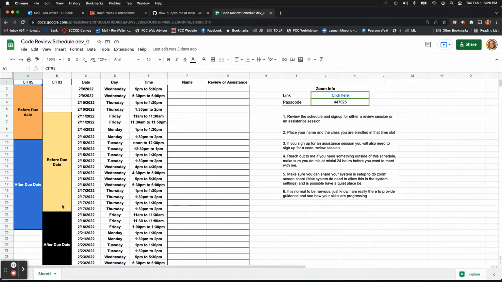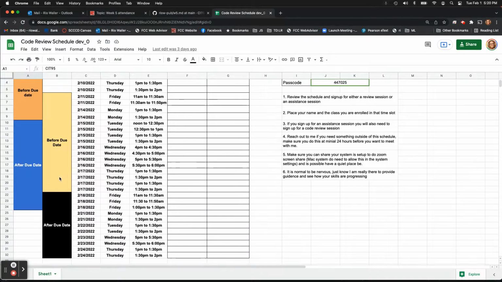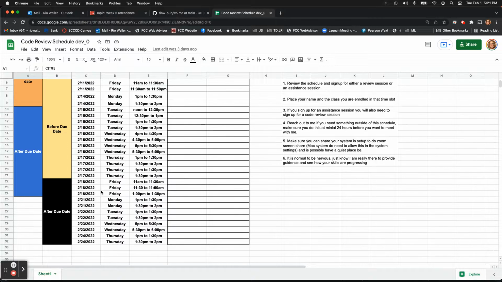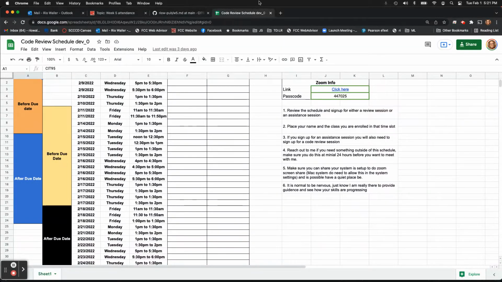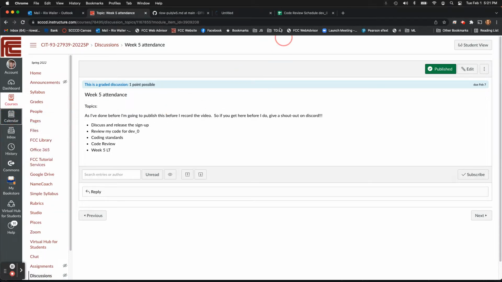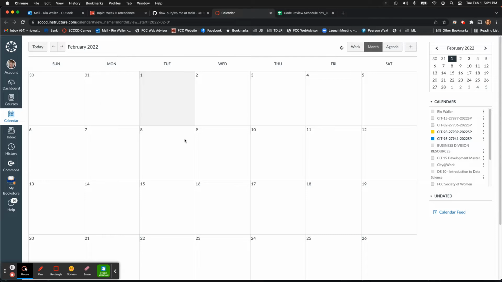What I generally do is hold about a week open before the due date and then some days after the due date. Okay, so let me just show you a calendar. I think this might make more sense from a calendar perspective, but you can let me know.